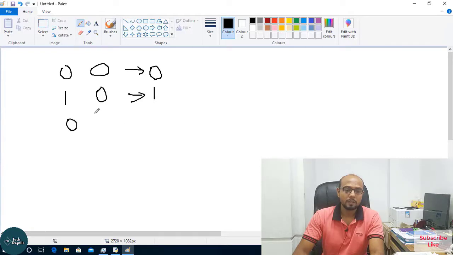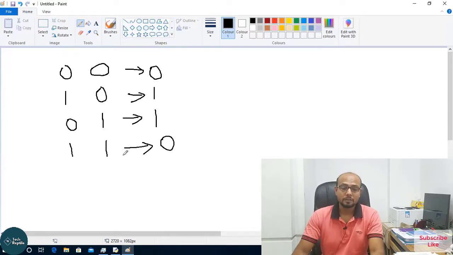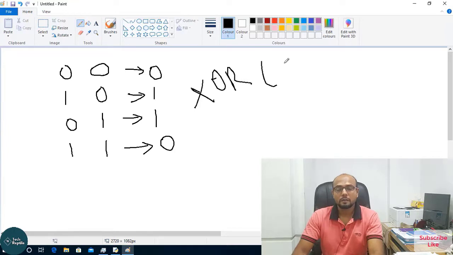That means when you get an odd number of 1s, you will get the output 1. But when you get an even number of 1s, it will give you 0. So it is the bitwise XOR operator, which is denoted by the cap sign. With the help of the cap symbol, you will get the XOR operator.